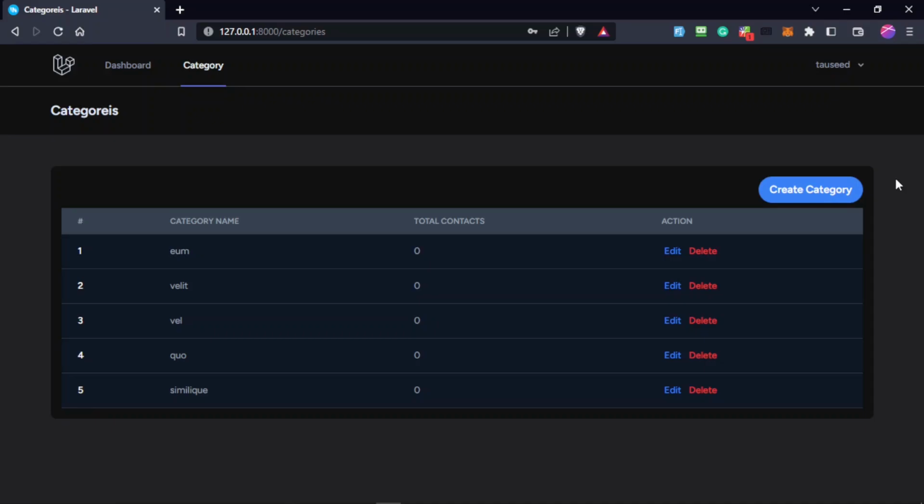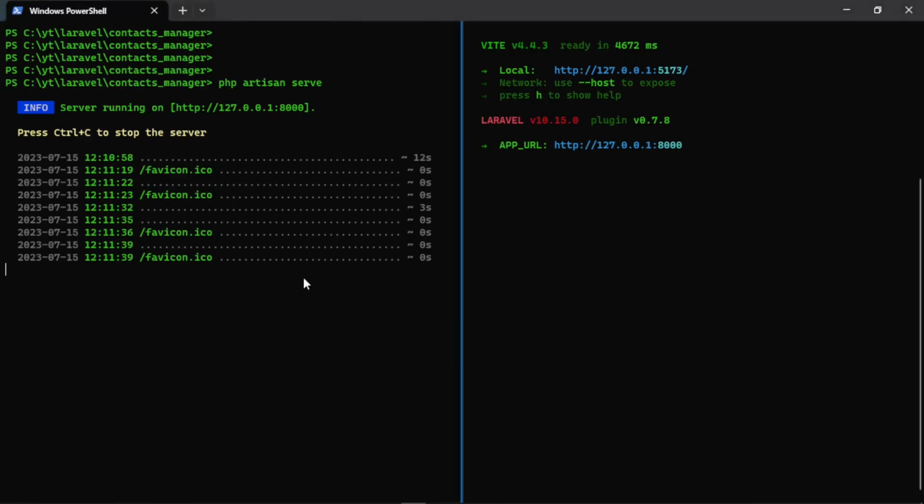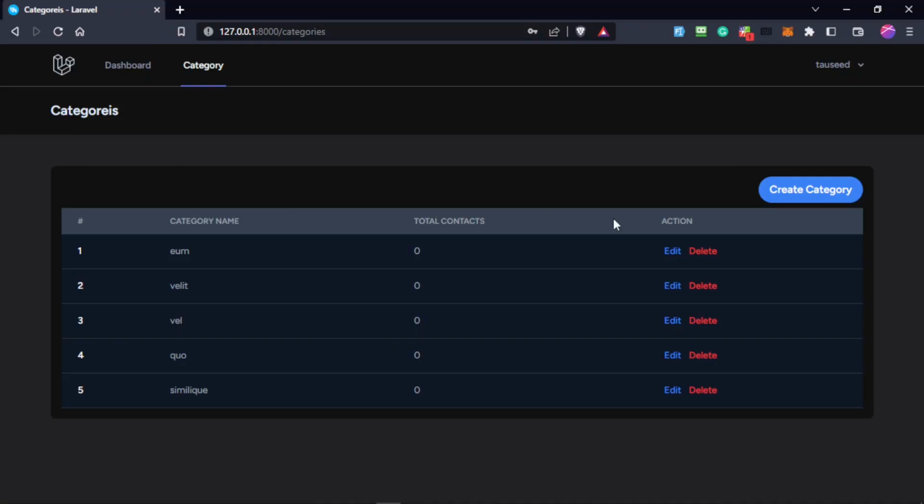In this video we are going to implement the create, edit and delete category in the contact manager application that we are creating using Laravel, Vue, Inertia and Tailwind CSS. So in the previous video we implemented the categories listing functionality. We have seeded 5 categories using the database seeder and factories, and we can see them right here, and you can see the node as well as Laravel development server is up and running,